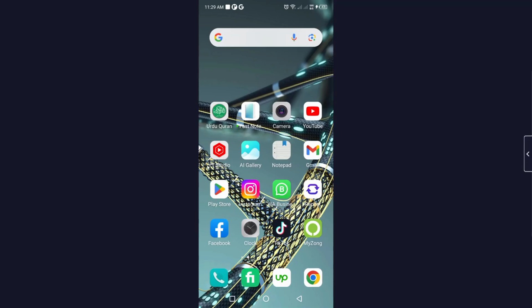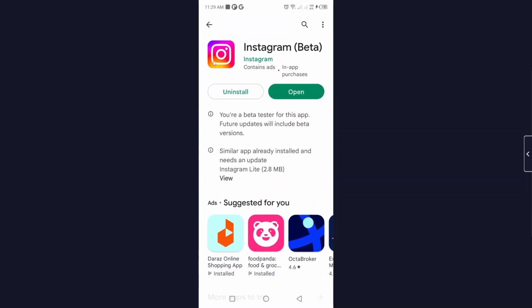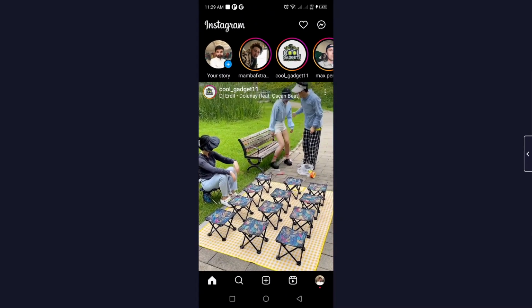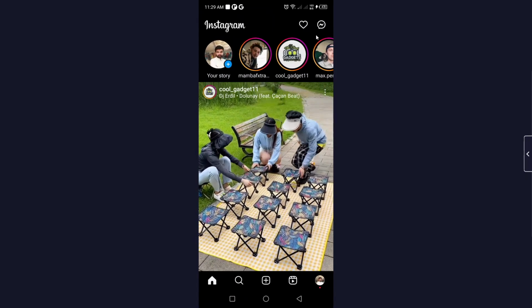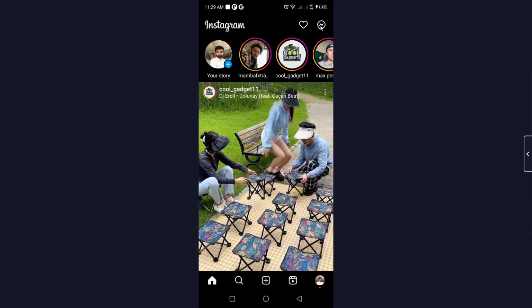So the first step you simply need to do is to open Play Store and update your Instagram application. As you can see, my Instagram is up to date. Then you simply need to click on open, and here you can see you are in your Instagram. Click on the messenger icon on the top right,